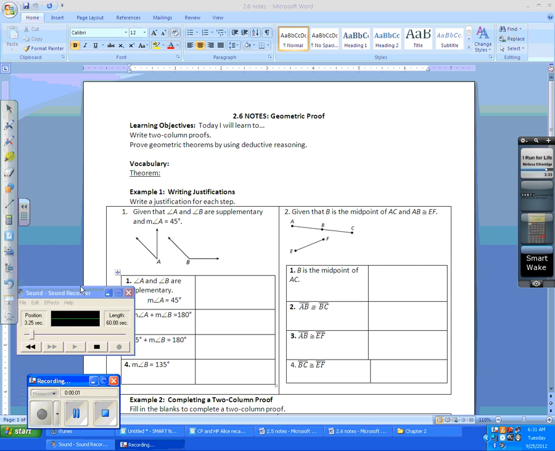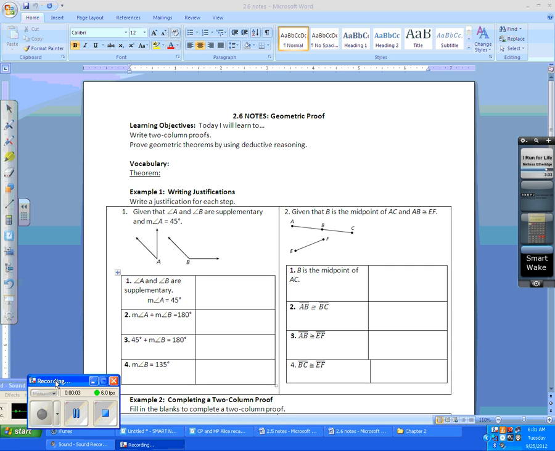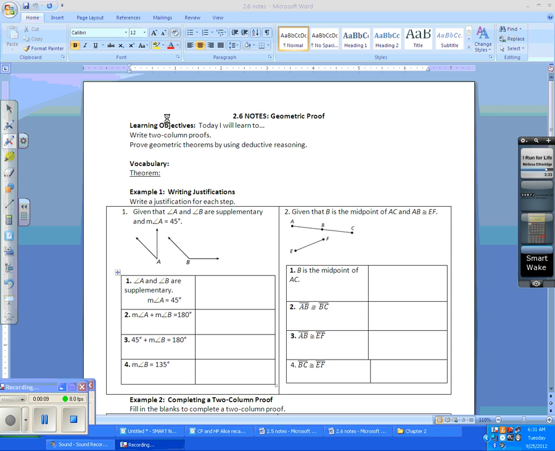Okay, 2.6, we start talking today about geometric proofs. Hooray! By the end of the video, you should have a better feel for how to write a two-column proof, which is what we're really going to be working on all year long, as well as prove geometric theorems by using deductive reasoning. Remember, deductive reasoning is where we use logic, laws, science, that kind of reasoning, versus inductive